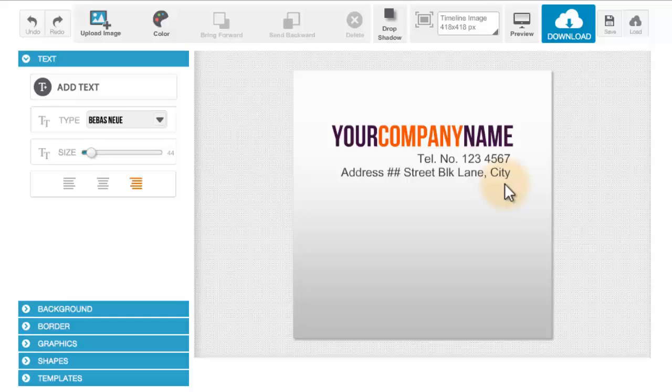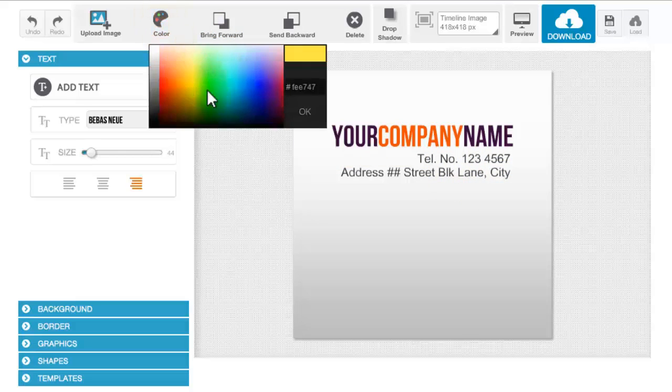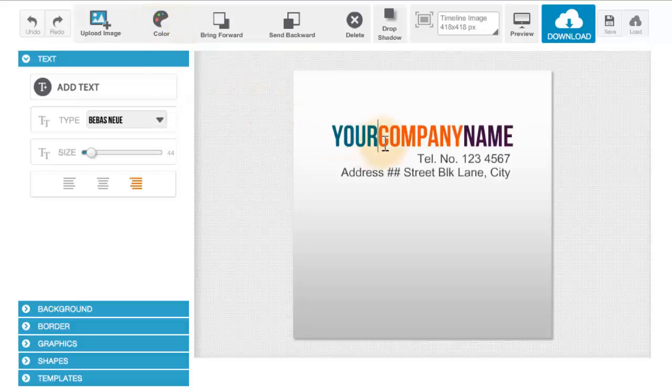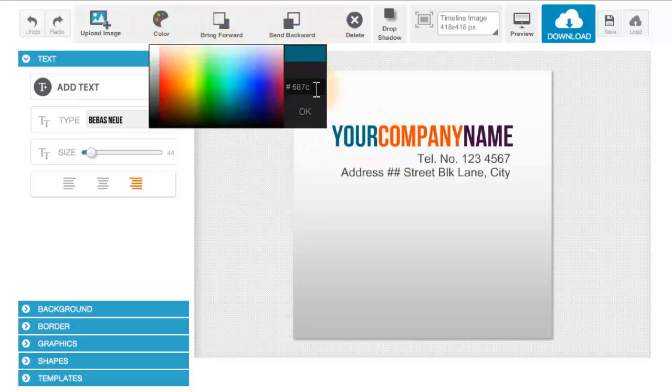Now I have a tip for you. If you want to have the same color in two different parts of the text, this is how you do it. So for example, I'm going to change this one to a dark blue. And if I want to change the name part to the same color as the "your" part, what I'm going to do is highlight the "your" and then hit color. Here you can see that digits and numbers will show up. Just highlight that and copy it by hitting Control-C on your keyboard, which is I think Command-C on Mac,